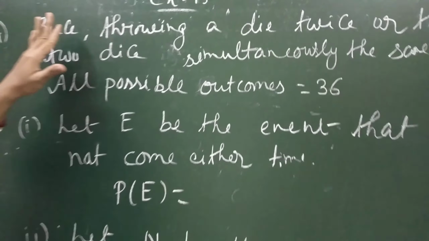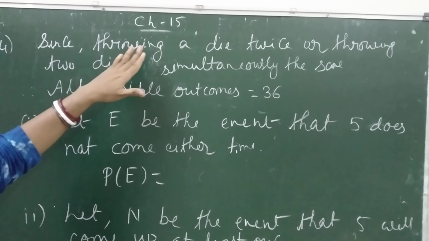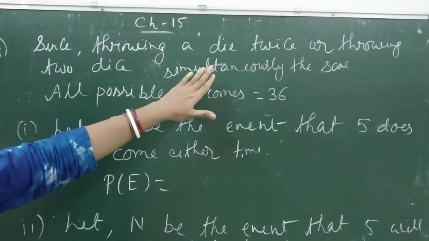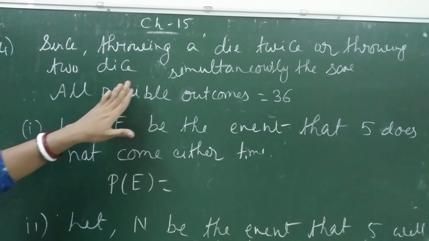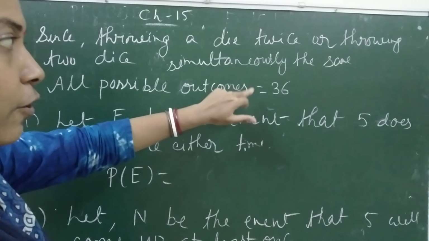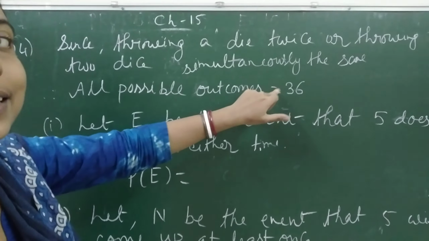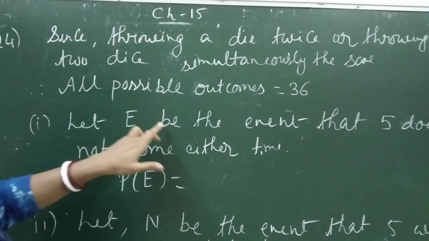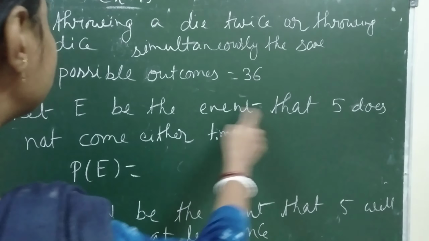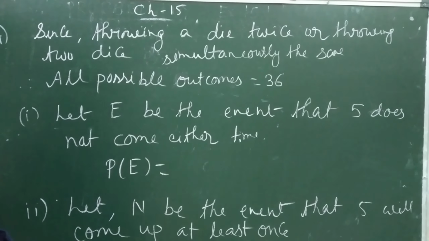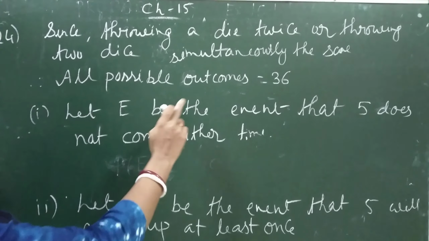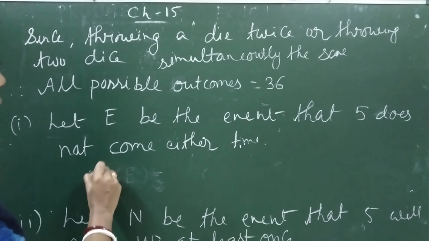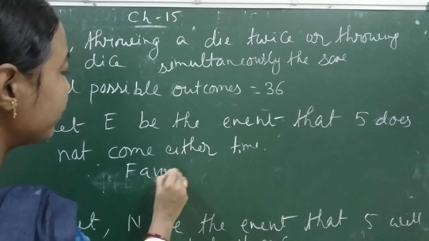So here, since throwing a die twice or throwing 2 dice simultaneously is the same. Okay, so all possible outcomes equal 36, and you have to show how you are getting 36. That was written yesterday. Now let E be the event that 5 does not come either time. So therefore favorable outcome equal to